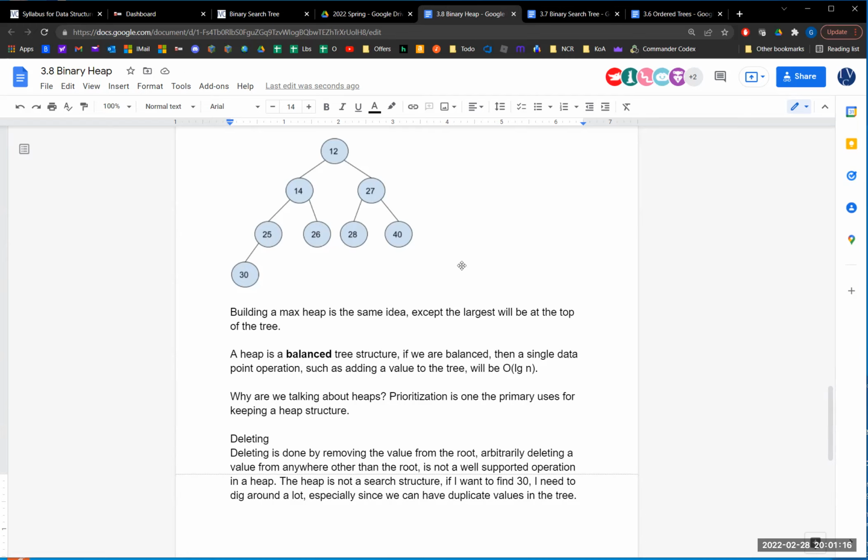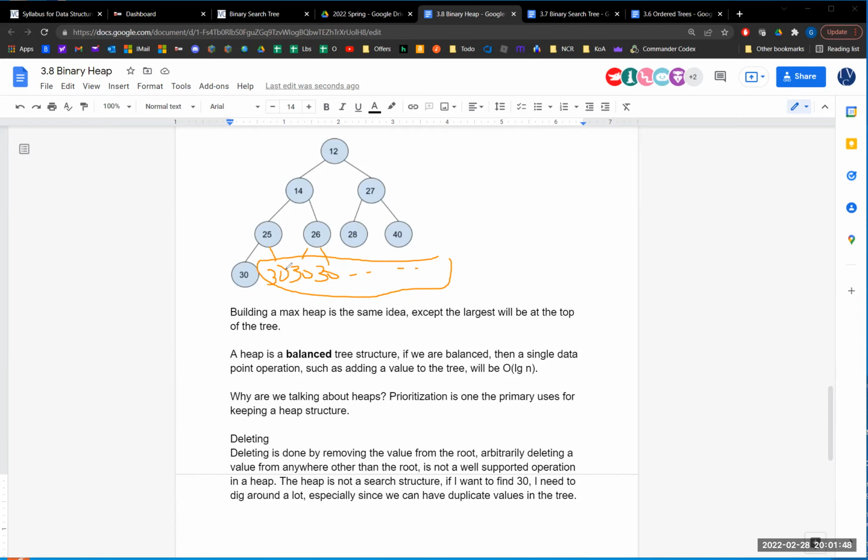I can add 4 30s to this tree right now, and they would all end up right on that level. I want to add 30, happy. 30, happy, 30, lots of happy. Several more times. And if I want to delete 30, well, I'm going to have to look at every node in the tree. And then there's going to be a lot of work to be done here. A lot of work. It's not a well-defined operation, so we'll generally consider it to be a not supported operation